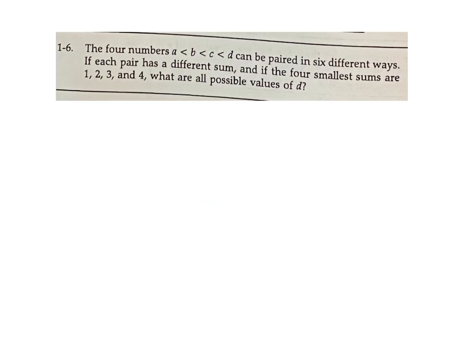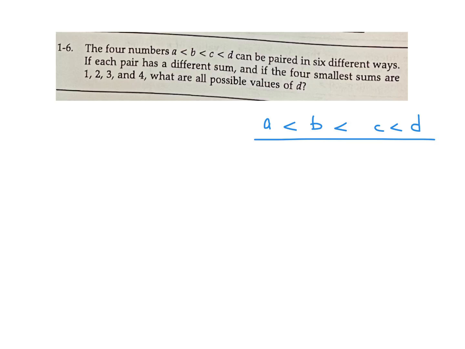Four numbers A less than B less than C less than D can be paired in 6 different ways if each pair has a different sum. And if the 4 smallest sums are 1, 2, 3, 4, what are the possible values of D? Okay. All right, so we have A, B, C, and D. And we've got this inequality, which is obviously very important. And then we have